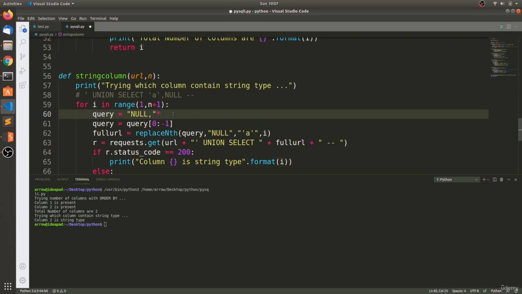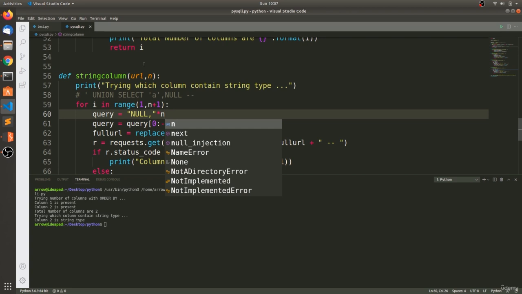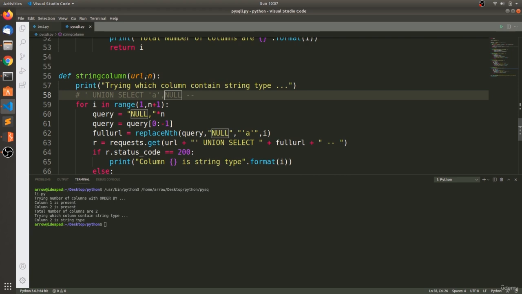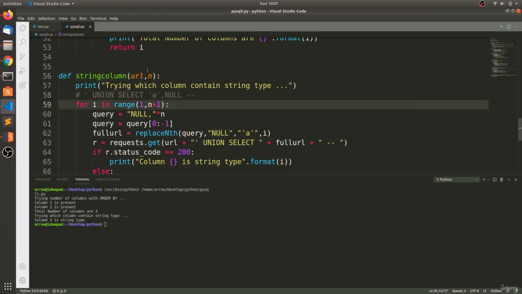I'm sorry, we need to multiply with the n. So these number of n's, I'm so sorry. So there will already be these number of nulls, that means determining the number of columns. Now run this. Column 2 present,